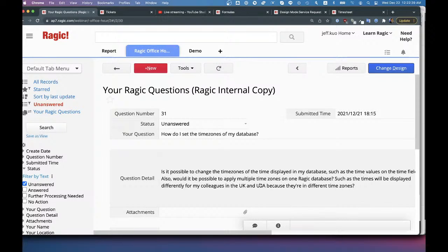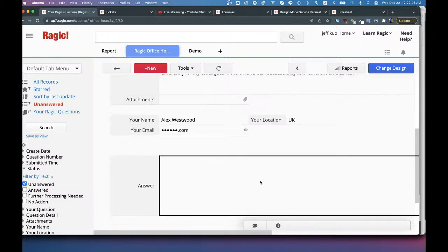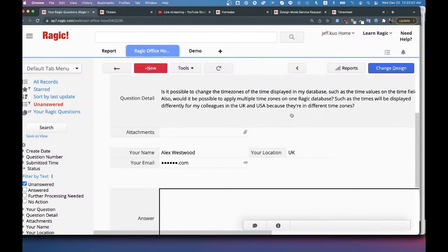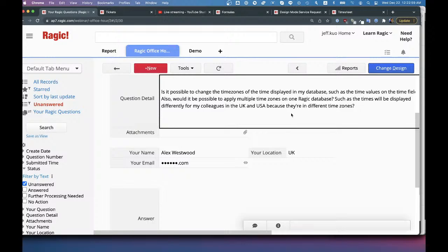So you don't really need to configure that because it will fetch this information from your computer browser. And if your colleague is in a different time zone, it's able to convert this kind of time into different time zones. Oh, but if you're referring to the time fields